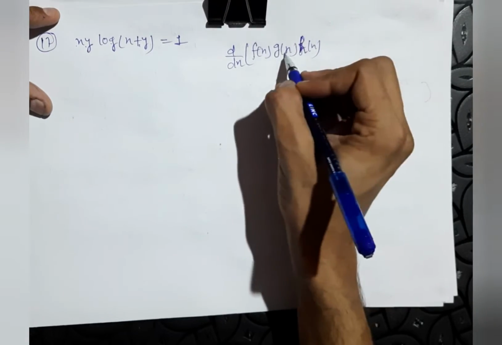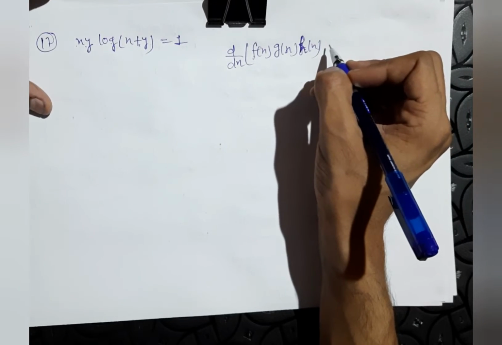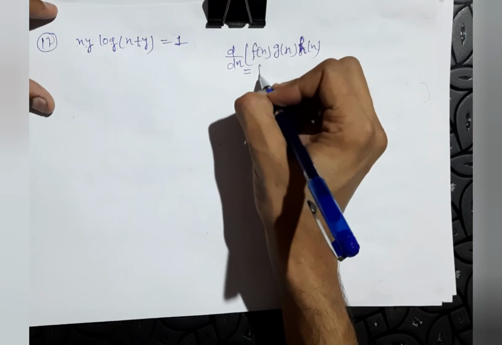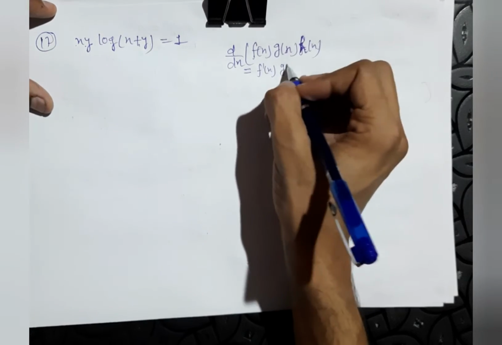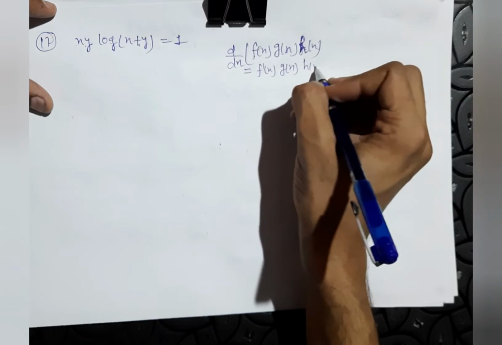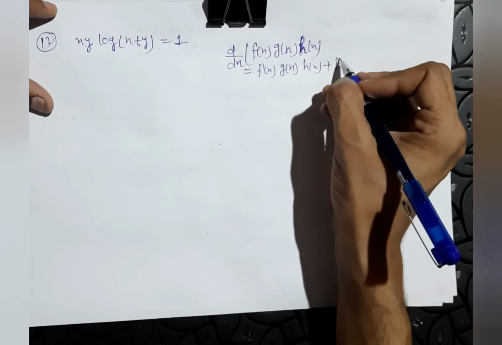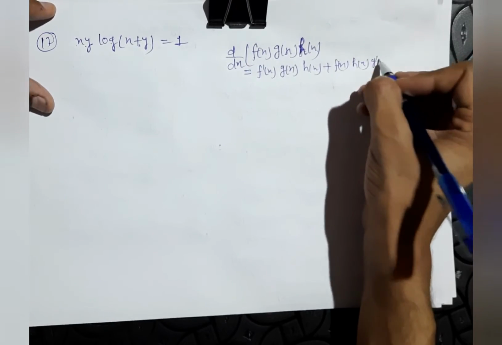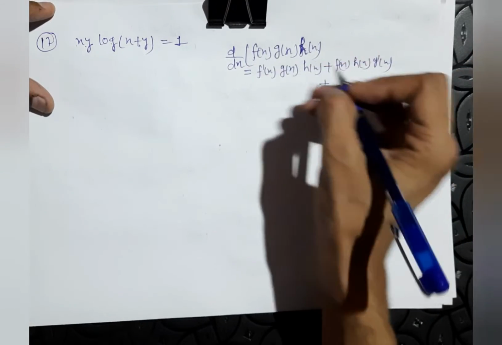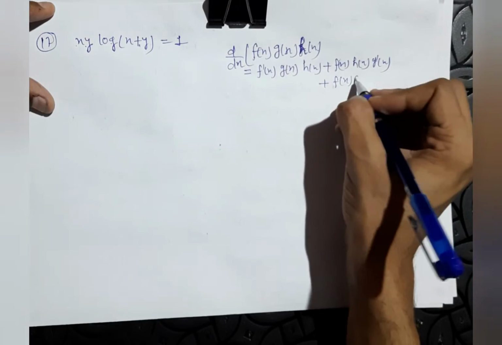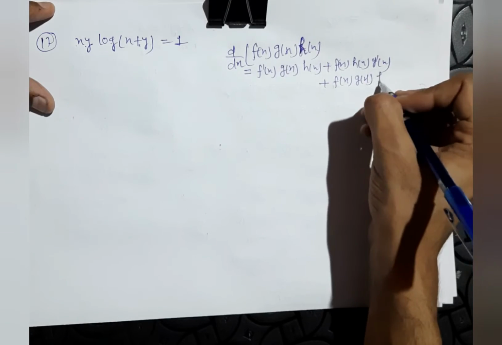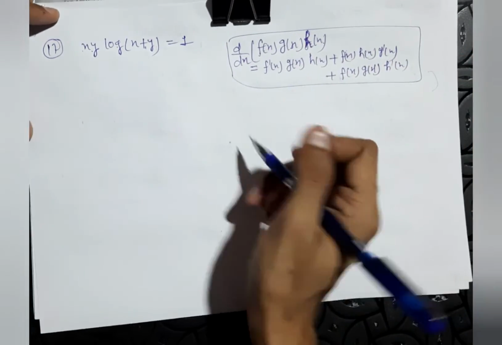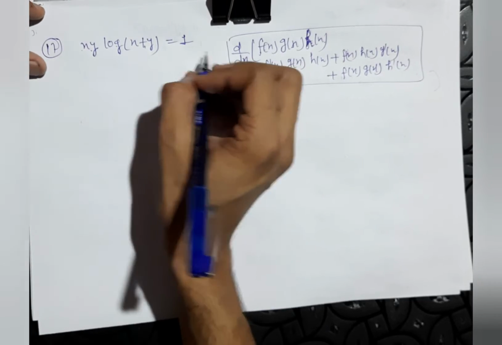Let f(x), g(x) and h(x) be the three functions in the product. So the differentiation of the whole product is differentiation of f(x) with the other two same, plus differentiation of the second function with first and third same, plus differentiation of the third function with first and second same. So I am using this formula. You can just note down this formula if you don't have it.